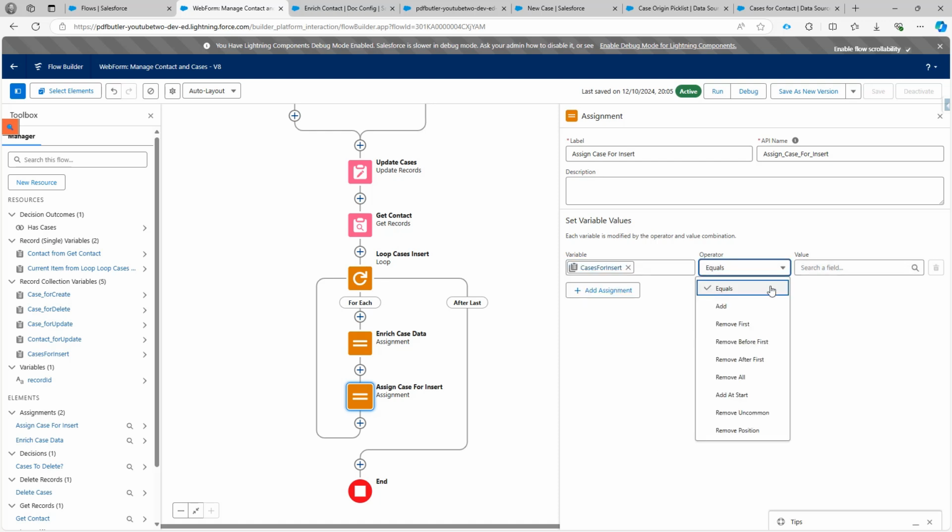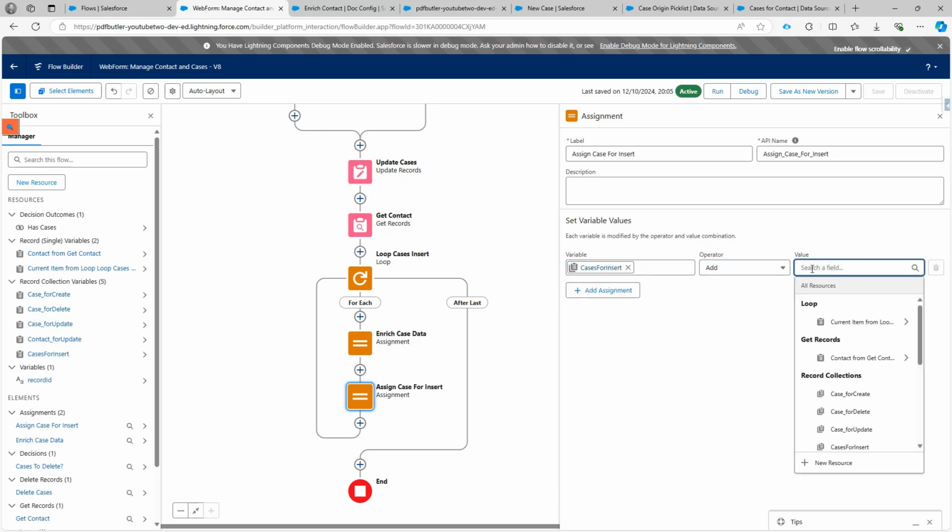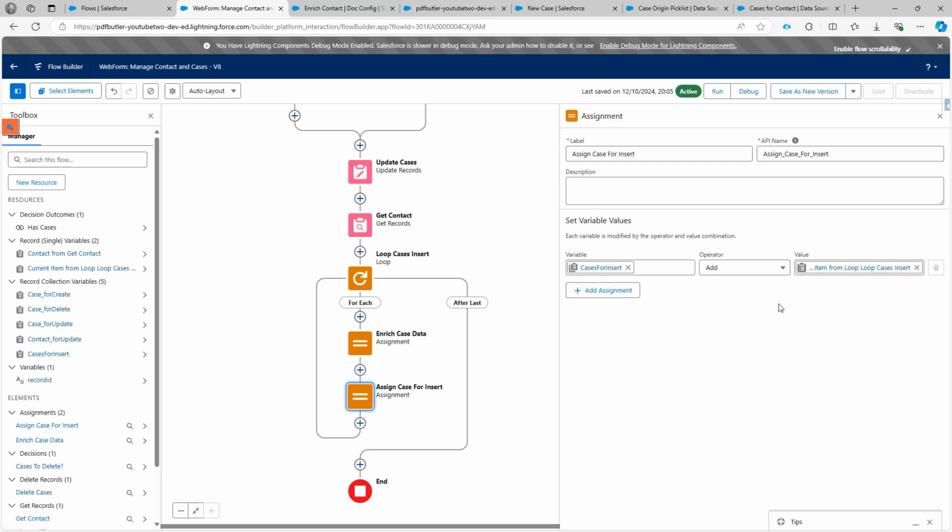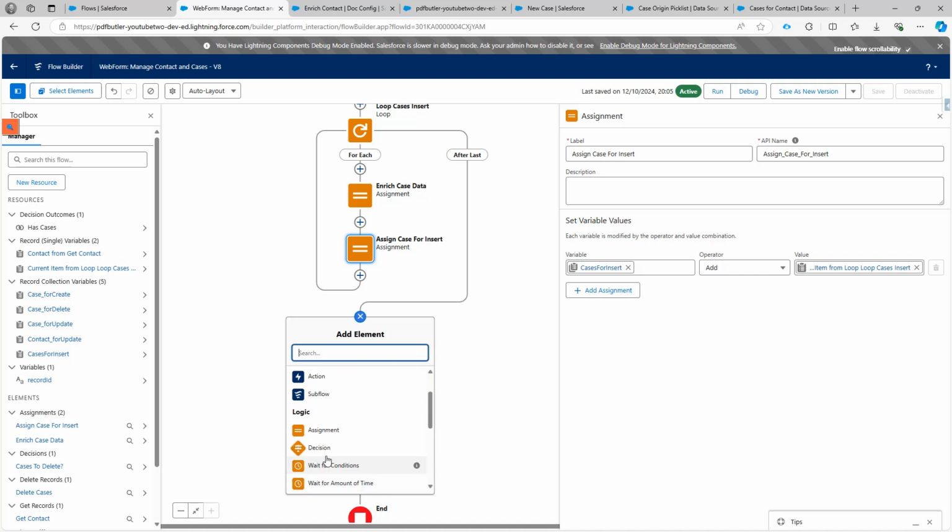Exactly that one. I'm going to add one, and then I'm going to do the current item in the loop, obviously. Okay, loop item, current item for loop, cases for insert loop. Perfect. So this is going to fill our collection, and then at the end I'm going to make a decision here,